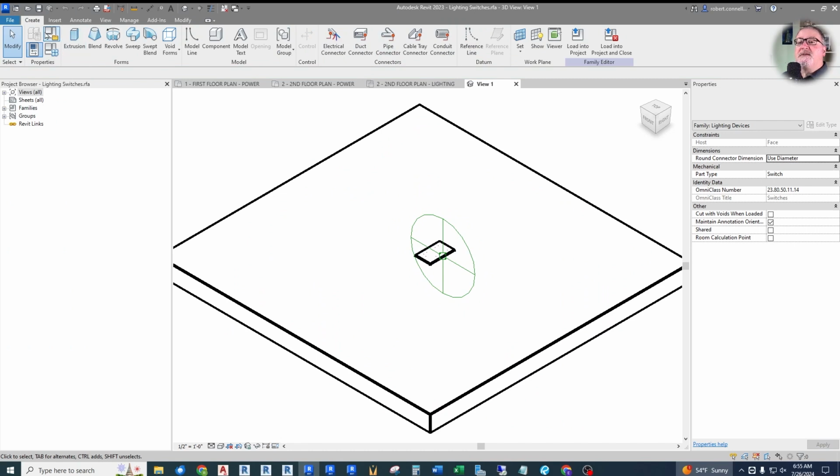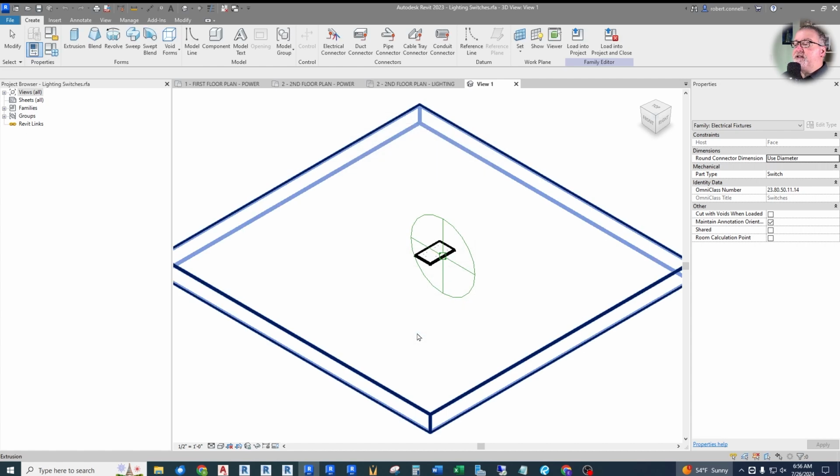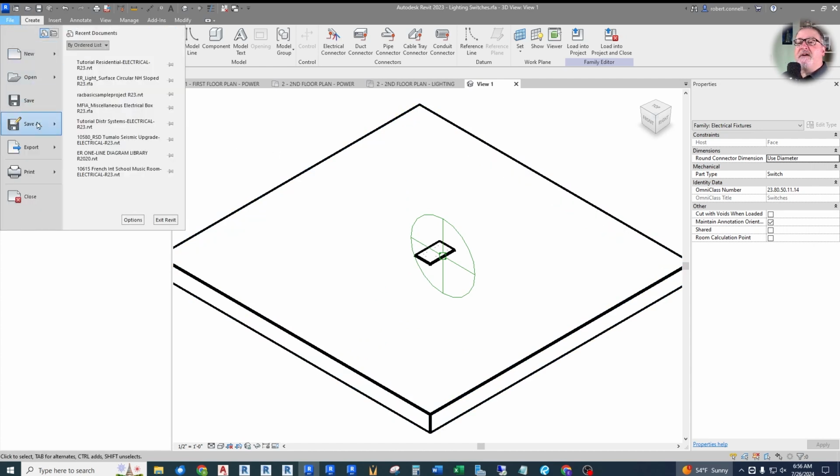If we just go up to this little box top left, Family Category and Parameters, click on that. In here is where the family category gets selected, and you can change it. Right now it's shown as lighting device. If I just change this to electrical fixtures, it changes it to that category. Now I want to save this as a different file so I don't mess up what I already have. So File, Save As,